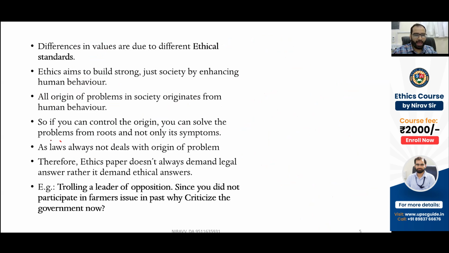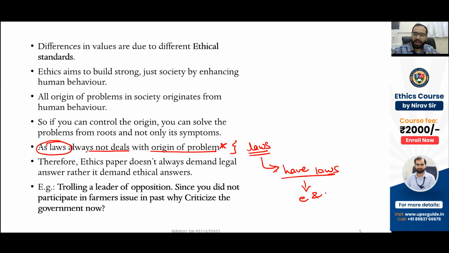Okay, so laws are not always able to deal with the origin of the problem. See what happens. What is the problem with laws? Can you have laws for each and every situation? Yes or no? No. Correct. Very good. So therefore, in the end,